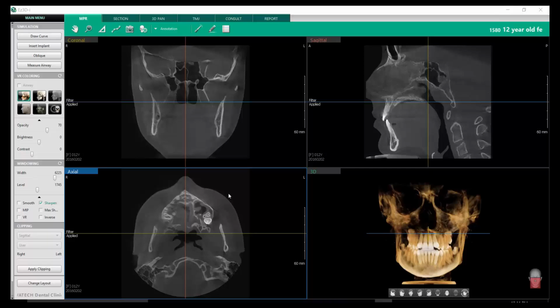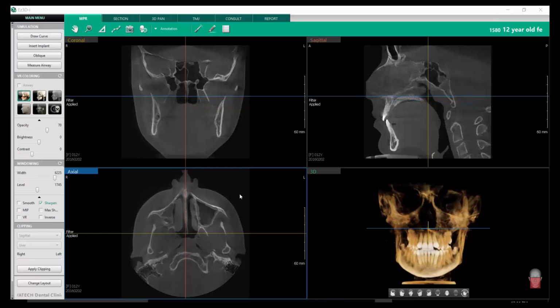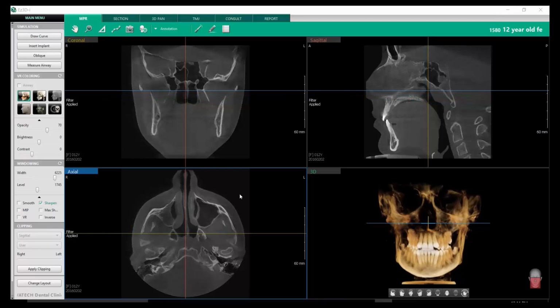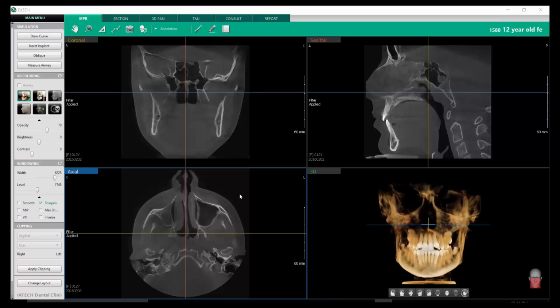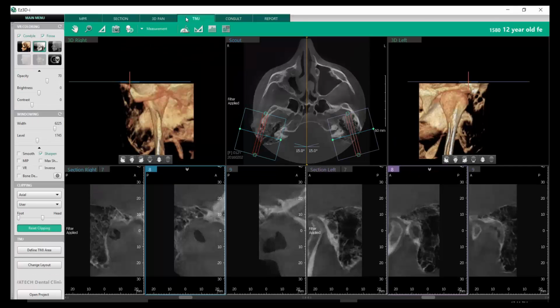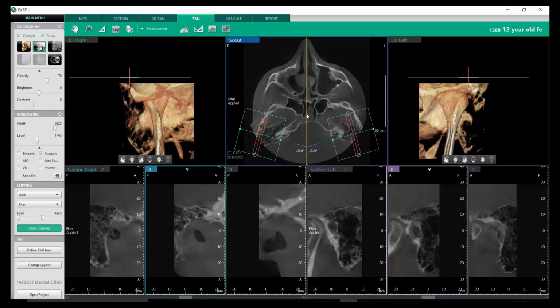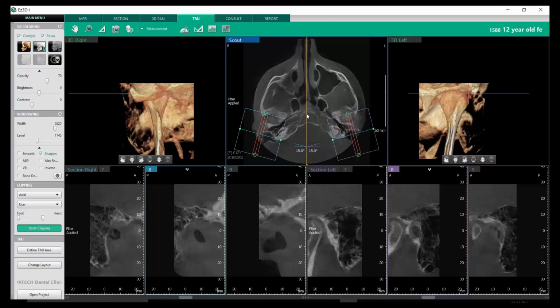From the NPR screen, we can first start within our axial window, and it's often recommended to scroll through using the center wheel of your mouse until you can see the condyle heads appearing there on the right and left hand side. And once you've gotten that in your view, left click on the TMJ tab along the top of the screen. That will then open up the TMJ tab itself,